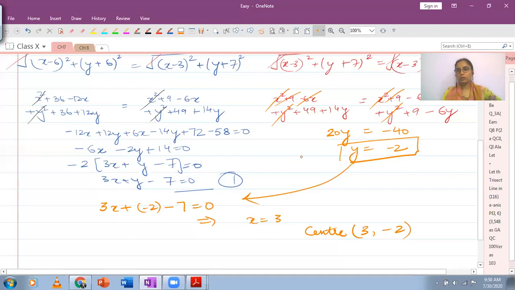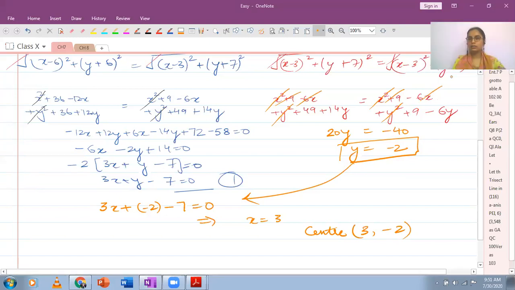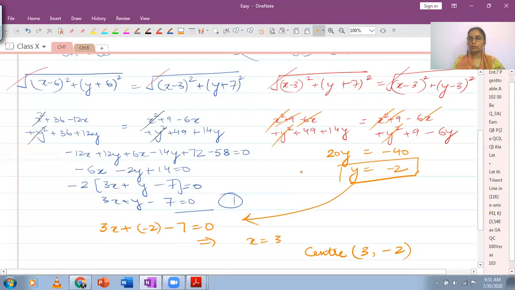Now, in this particular case, your second pair, the one I've taken over here, gets completely solved. You had just one variable and from here you get the value of y. In case this doesn't simplify the way it has here, it is a linear equation in 2 variables. Then you know how to solve that also.